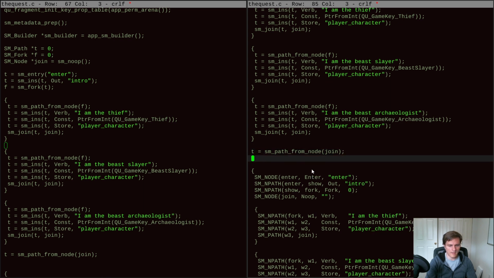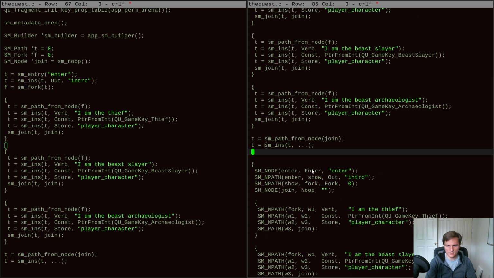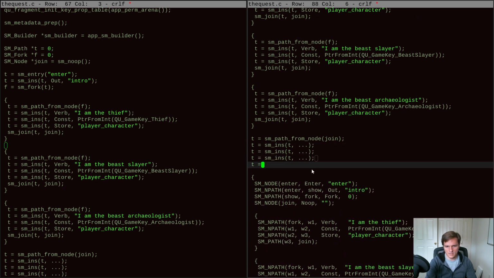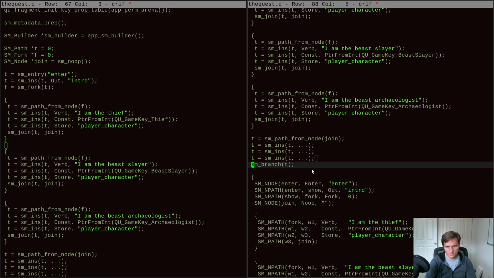right? And then so path from node join, and then say we want to do an if. So SM branch, right? There might need to be some instructions first to fill up the stack, but then there's t equals sm branch, something like this. So the t flows into the branch, but I guess we need two different